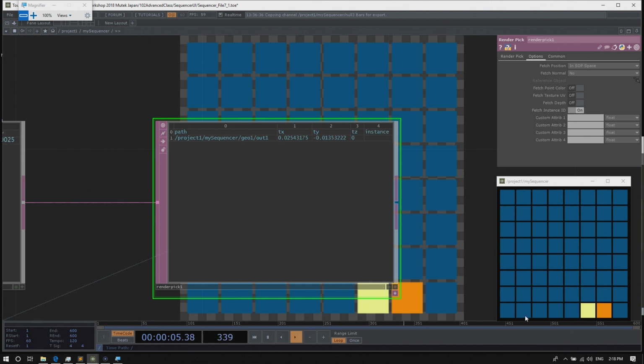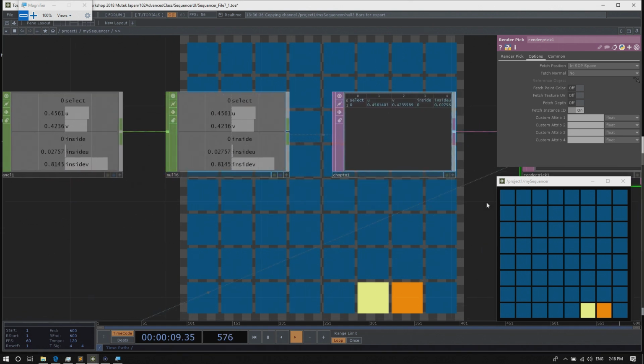Now if I click here, it returns the instance ID for where I'm clicking, and clicking different buttons shows which instance number was clicked.